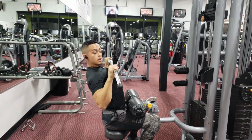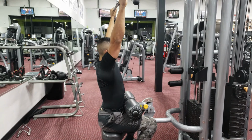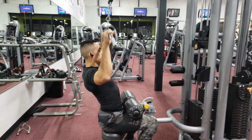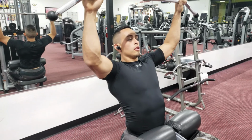At the bottom of the rep, you're going to want to think about getting those elbows behind your back. 1, 2, 3. And down. Okay, you're getting a full squeeze here by getting those elbows behind you. 1, 2, 3. Down. What you don't want to do